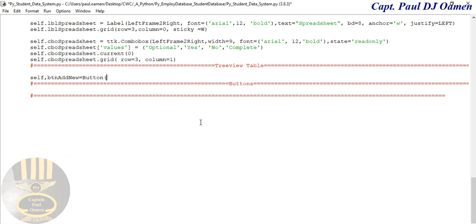Yeah, top frame 1. Comma, and let's get it padded. Get it padded to the y-axis, that will be 1, comma, border equals 4, comma, and font,